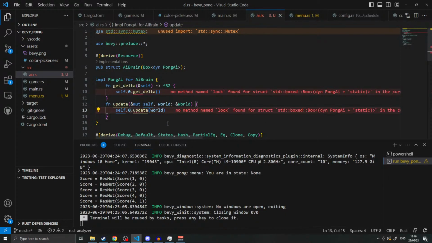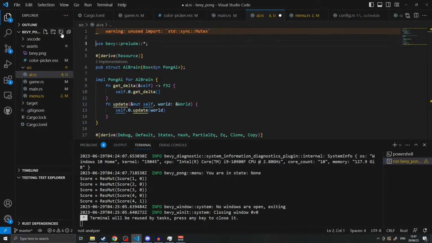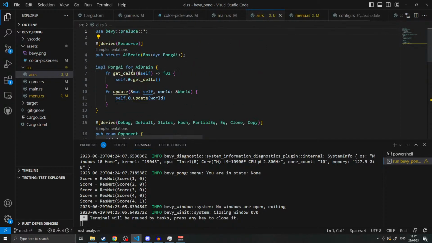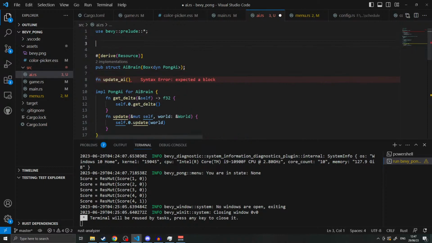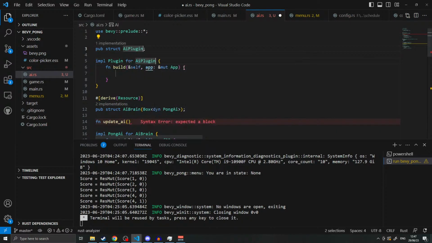I don't know what's going on there. It's saying that it doesn't meet the parameters to be turned into a system. So apparently mutex is, I guess, not send or sync or something. Anyway, doesn't particularly matter. Just means that this will need to be called in a... so all you do is you go like fn update AI. Really, we should go up here and be like plugin AI plugin. Okay, then we go app dot